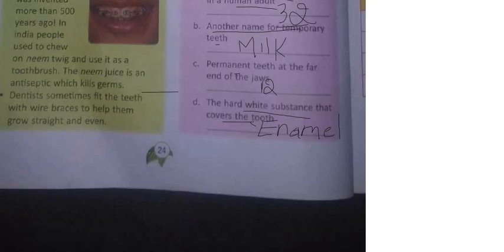Neem twigs. Small branches, neem sticks, we take and brush our teeth with them. In olden days we used only neem twigs to brush our teeth. Now also in some places, like in villages, they use them, but mostly in the cities and towns they are using brushes only. But in olden days they used neem twigs instead of the toothbrush. Why? Because it kills whatever germs are there. That's why they used that.